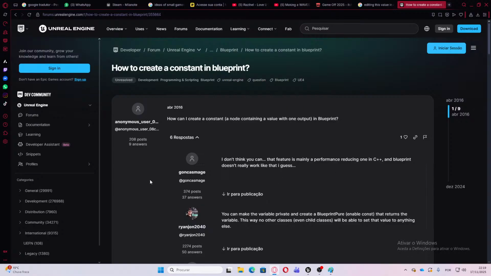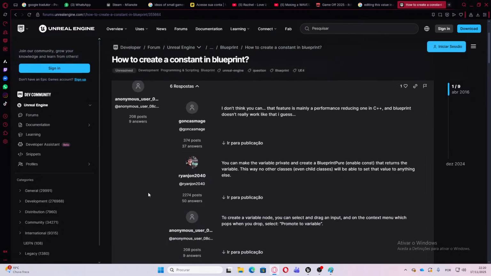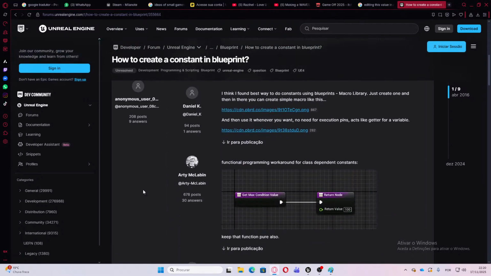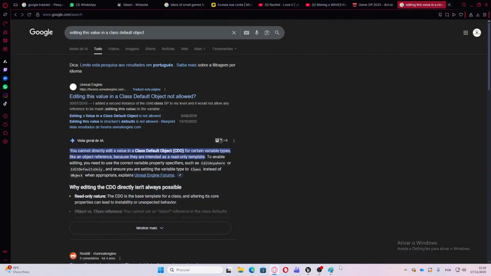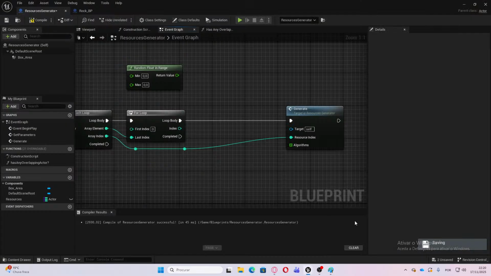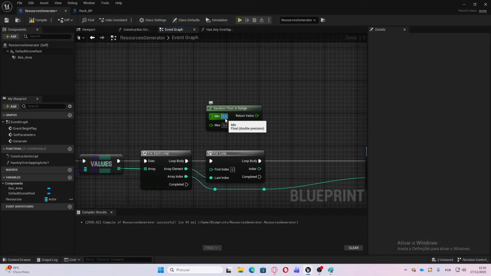You can make the variable private and create a blueprint for. Okay. Okay, Unreal Engine doesn't really have constants, so let's just make these random value as something like